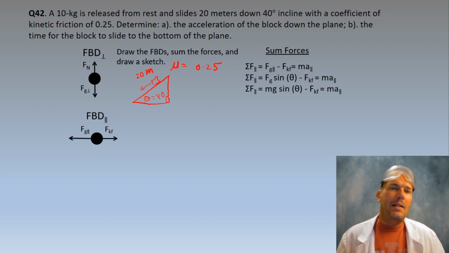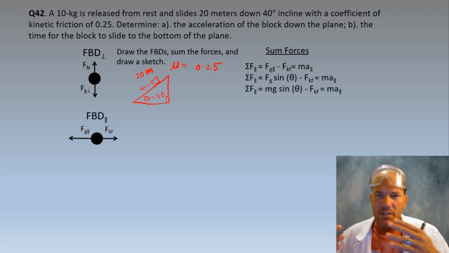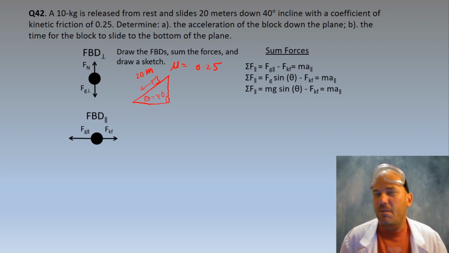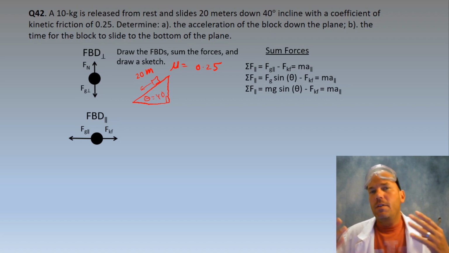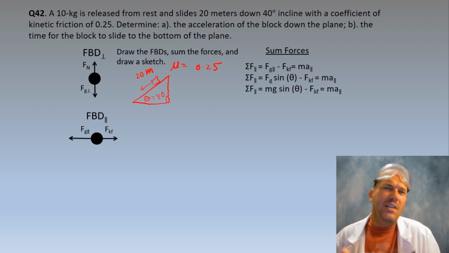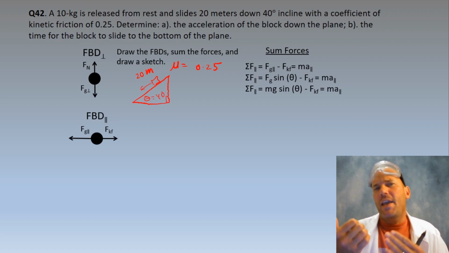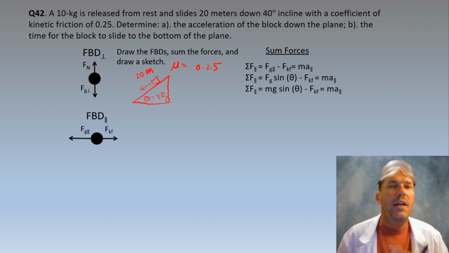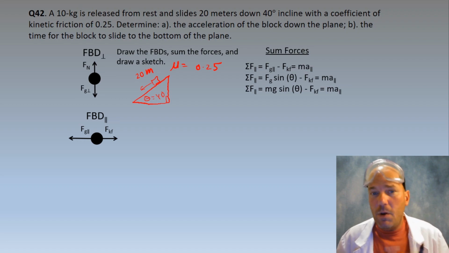We know that the block is accelerating, or at least we assume it is based on the fact we're being asked to find the acceleration. So the force of gravity parallel is the driving force down the incline. However, friction, which always opposes the direction of movement, is up and parallel to the incline. And so when we look at our parallel summation, we end with this, where we have basically that parallel component minus force of friction equals mass times the acceleration down in parallel,